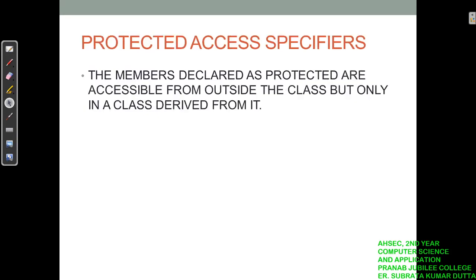Next is protected. What are protected members? Those variables, constants or functions which are declared within a given class and given the access specifier protected can be accessed outside the class but only in a class derived from it.